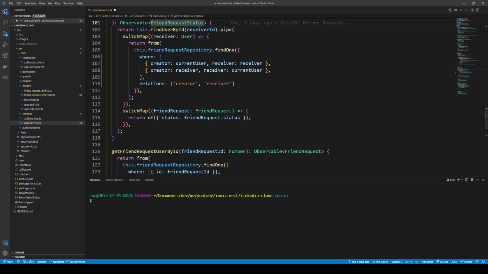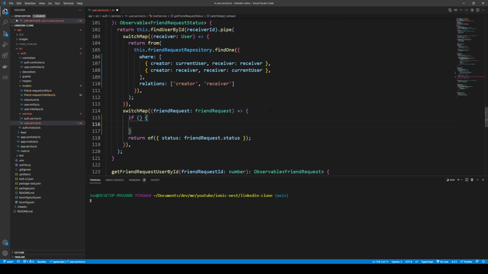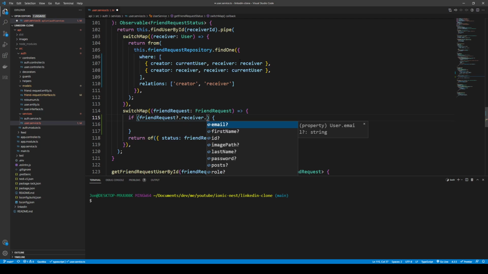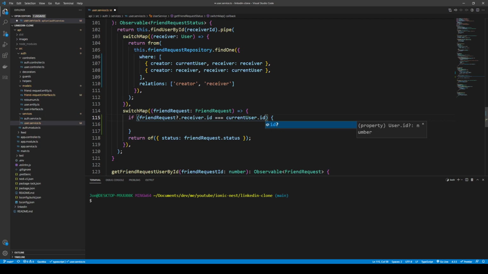So what we'll do is we'll return to the service here, and in this switch map, when we get the friend request, before we were just getting the ID and the status because there was no relation to the user table, but now we have these relations, we're able to do a check here. So we'll just have an if condition, and we'll say if the friend request that we found from the database, just a row in the database, if that exists, and it may not exist, so we'll chuck on this Elvis operator, and then if the receiver's ID is equal to the current user's ID, that means that